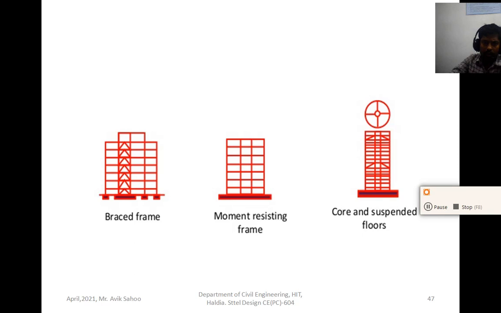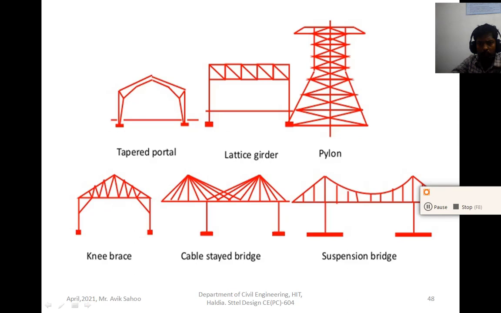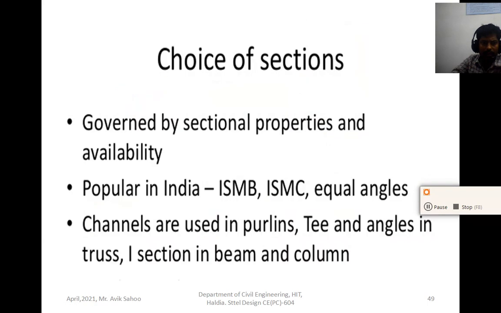So these are the braced frames. As I have said, these are the bracings, and this is a K type of bracing used to resist the lateral forces, I mean to minimize the earthquake effect, so the bracings are done basically. These are some pylons, meaning the electrical transmission towers. Here the knee bracings are done. Another type is the suspension cable-stayed structure, which we have already explained.